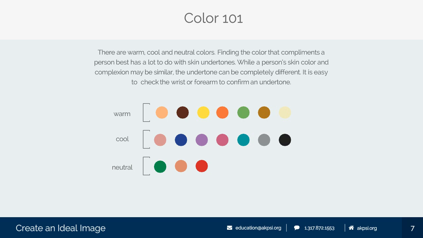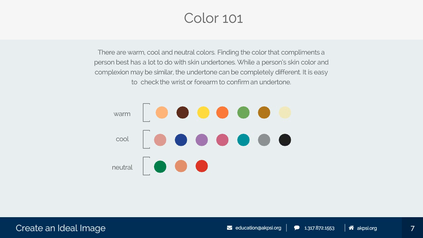If you can look at your wrists, pull your sleeves back and look at your wrists, I think we all know that the veins within our skin carry blue and red blood cells. But at the same time, if you can look at it objectively and see if your veins look green or blue, if they're looking more green, which is pretty much the majority of the population, you will see that that's going to give you warm tones in your skin. So that's always just a fun little trick.